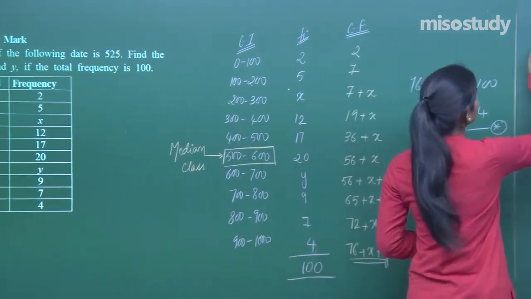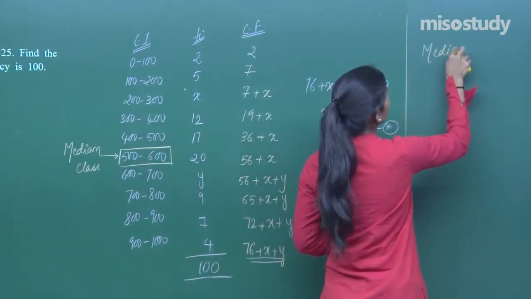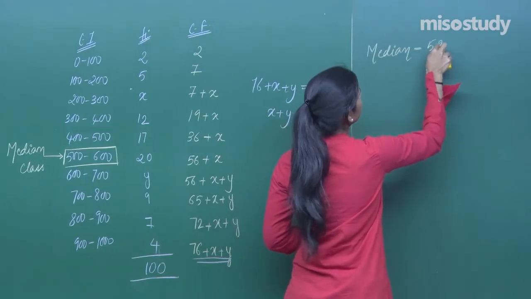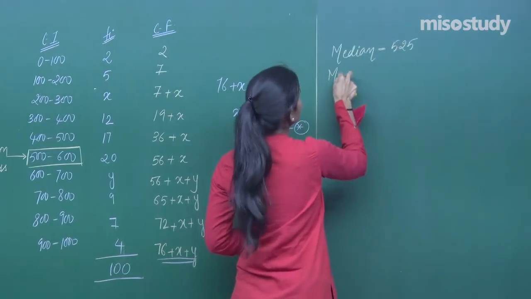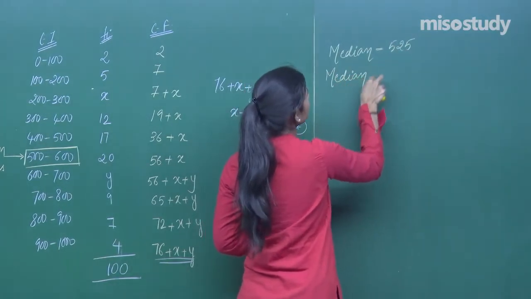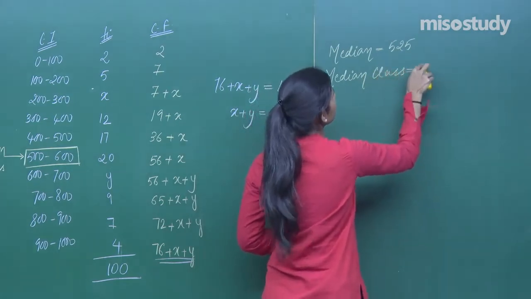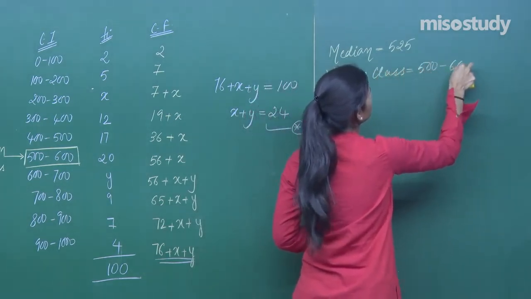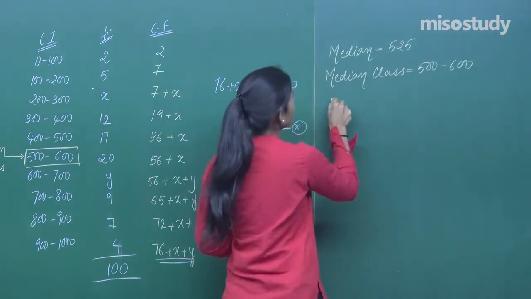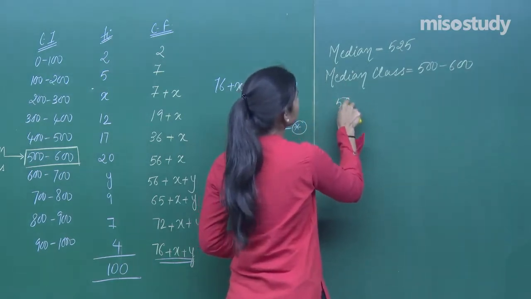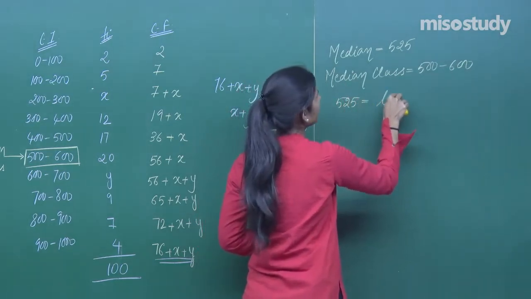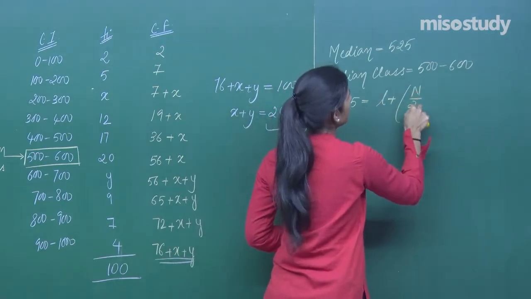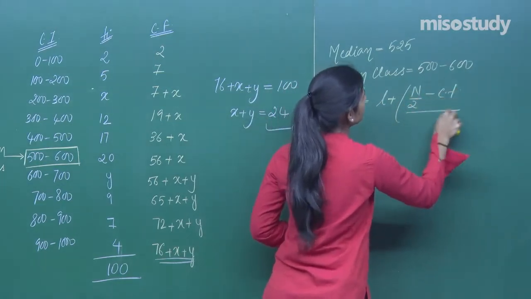So median is given to you as 525. So median class is 500 to 600. So therefore your median, which is given by L plus n by 2 minus Cf whole